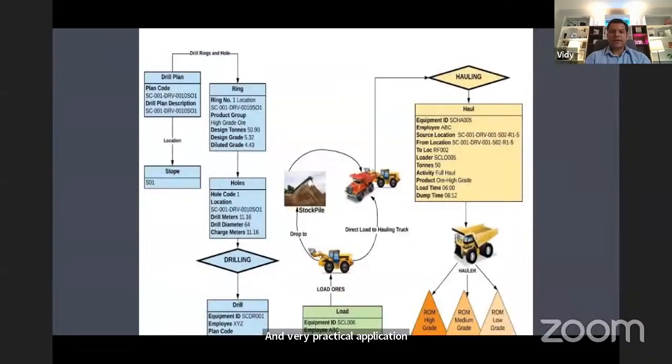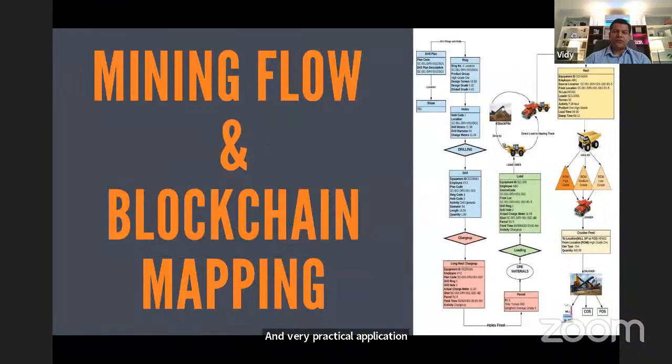Here you can see the flow of the mining activity. It starts from the very top left, and all the different steps in the whole mining process you can see on this figure. I'll zoom in a little bit so you will be able to read it more clearly.